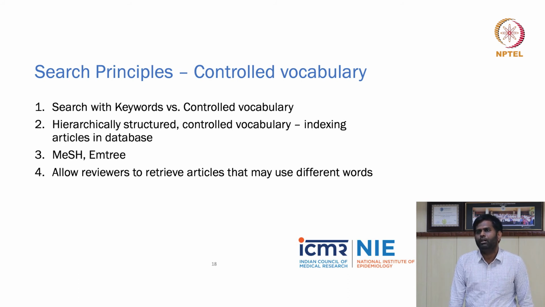So what people do while indexing the articles is they identify the relevant terms or the synonyms of this particular term, and they will try to have a single word which is called the MeSH term, and they will try to attach all these articles which report on tooth decay or dental decay or white plaque. All these things will be indexed under the same MeSH term, which is dental caries. So this is called a controlled vocabulary. So what happens when we search the articles based on the controlled vocabulary, even relevant articles or synonyms of the particular key term will also be reflected in our search. So again, this will be demonstrated in the afternoon session.